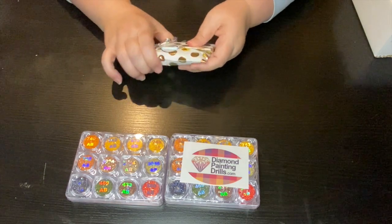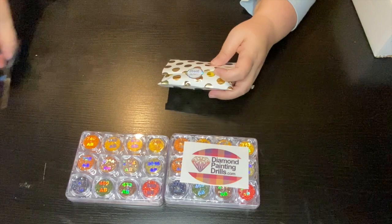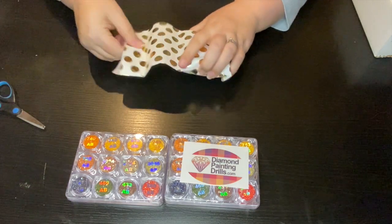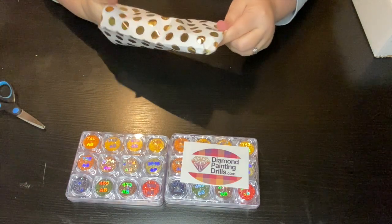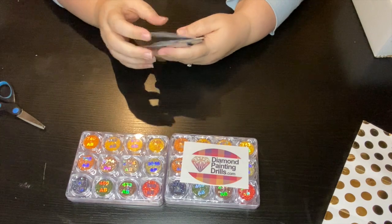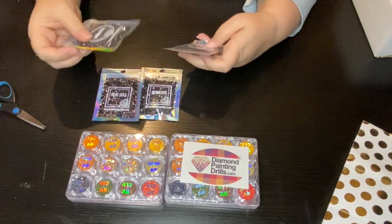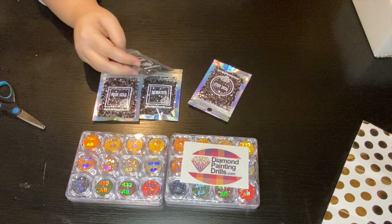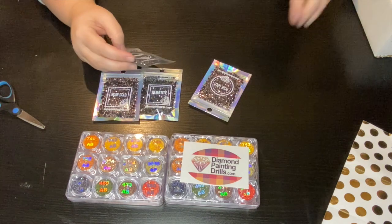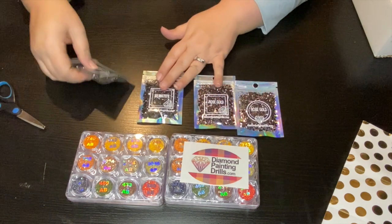And then I purchased this because I hope with Rebecca to be doing the landscape of Notre Dame. And so I purchased some of these. She has these beautiful rose gold, what does she call them? Metallic drills. So I got a square and a round in rose gold, and I got a square and the round in